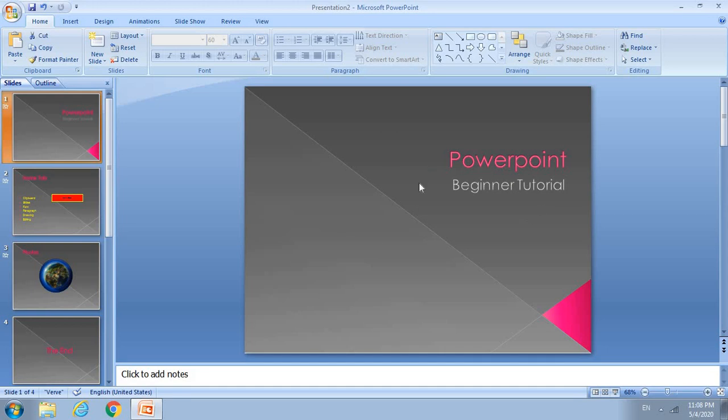So this was all you need to know if you are a beginner who needs to know about Microsoft PowerPoint, who had no idea how it was. So we are done with this video, we are done with the tutorial. Now we need to save our presentation. How do you do that? On your top left you can see this icon. This is the save icon. You can click it, or you can directly press Ctrl S on your keyboard.